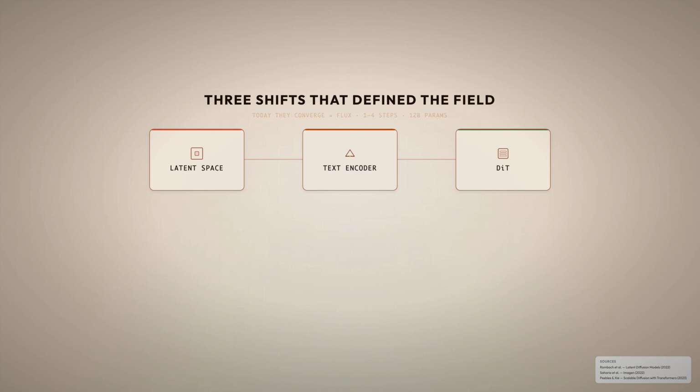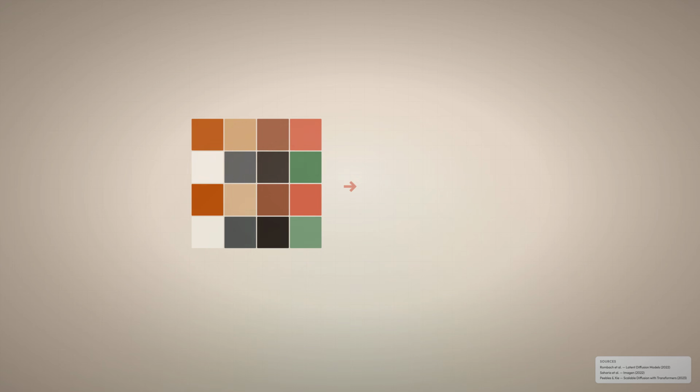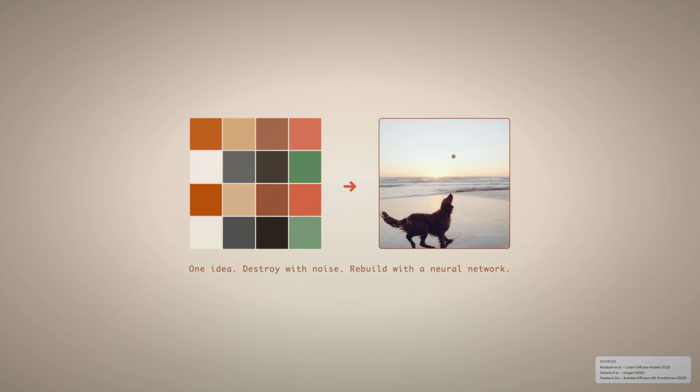Today these converge. FLUX generates images in 1 to 4 steps at 12 billion parameters. Stable Diffusion's open source release spawned LoRA, ControlNet, DreamBooth, an ecosystem closed source couldn't match. Destroy with noise, rebuild with a neural network. From pure static, create anything. Even a Nano Banana,